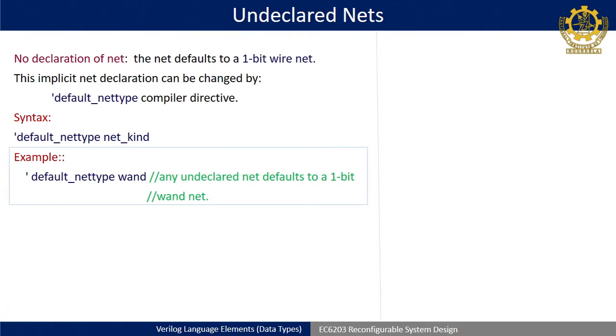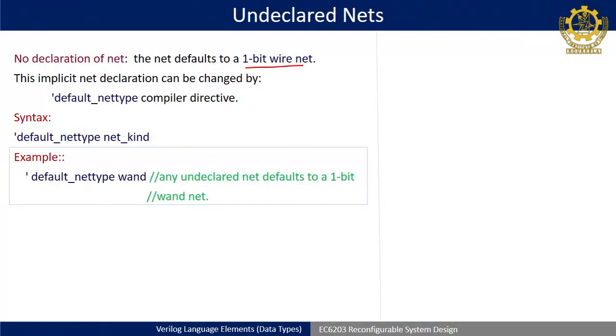So there is another option called undeclared nets. By default, if you are not defining anything, in all the code we have done till now, we have been writing wire as a data type almost. So what we have written here, if there is no declaration of a net, the net will be by default a 1-bit wire type. Okay, if you are not defining anything. So till yesterday we knew there is only a data type called wire. After that, today we are seeing there are lots of other data types like wor, wand, tri, and many others.